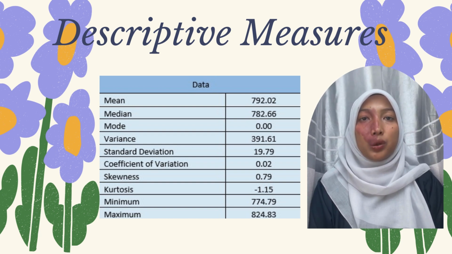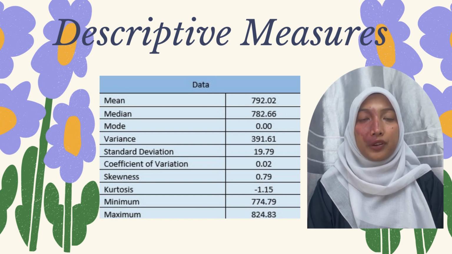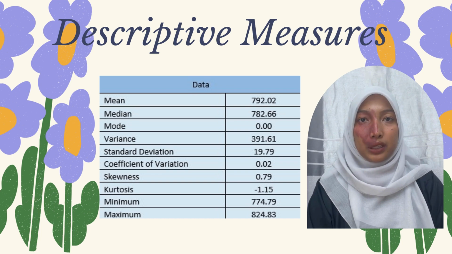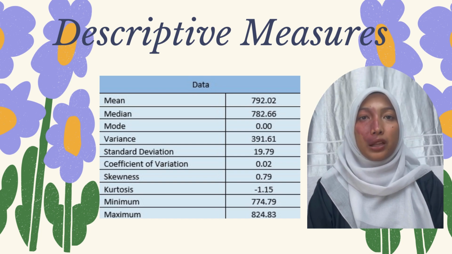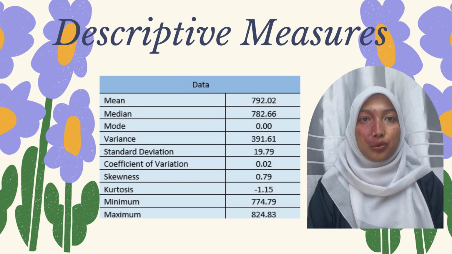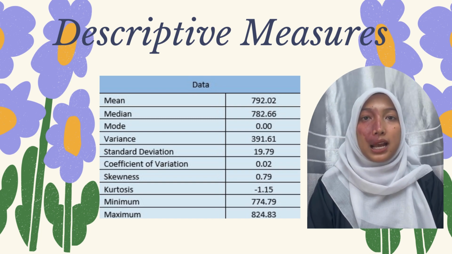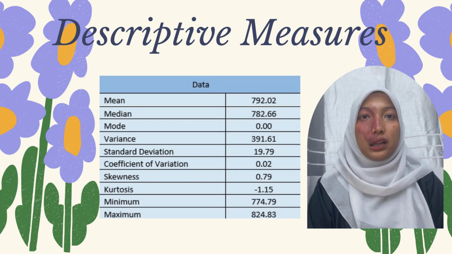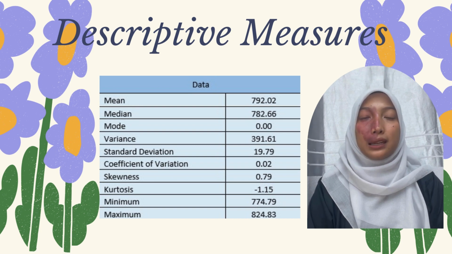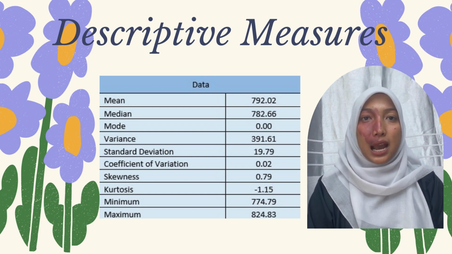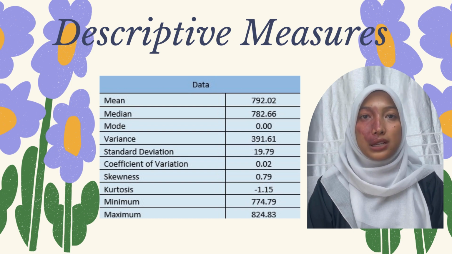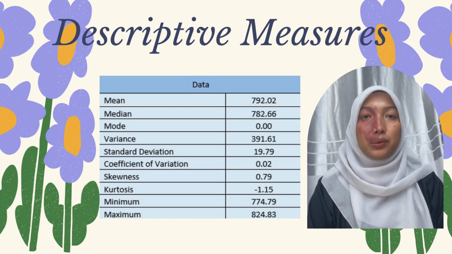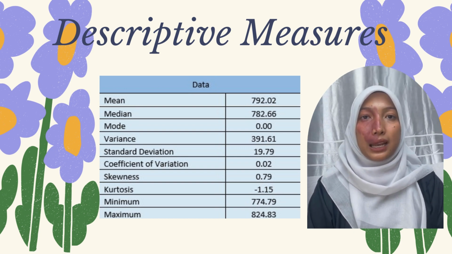The minimum value, which is the lowest number of DALYs suffered from depressive disorder, is 774.79 people in 2018, while the maximum value is 824.83 people in 2010. In this particular case, the sample variance and standard deviation are calculated to be 391.61 and 19.79 respectively. Other than that, the coefficient of variation value is 0.02, which helps to determine the expected risk and expected return